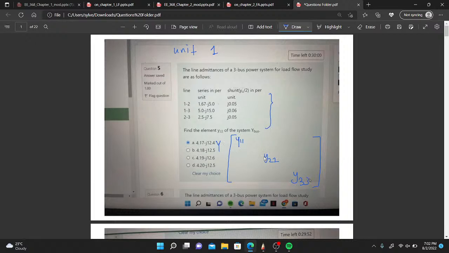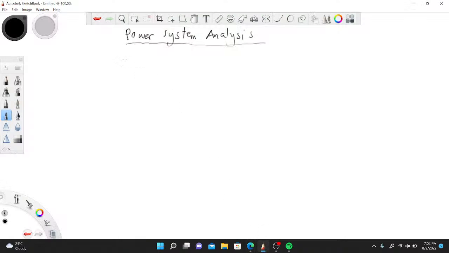Now we want Y2, meaning all admittance connected to 2. Anywhere you see a 2, you consider this row and that row. So you're looking at how to find Y22, right? I'm saying Y22 is equal to all admittances connected to